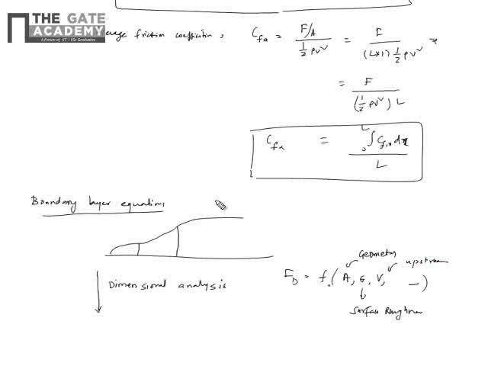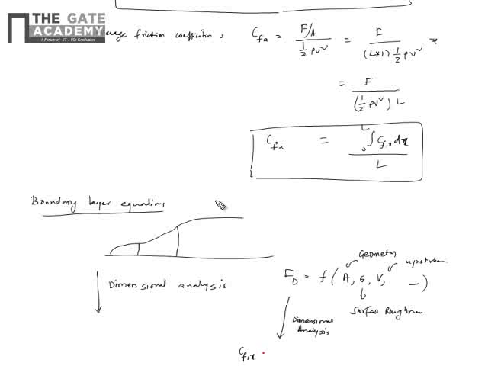On all this the drag force will depend. Because my objective is always the drag force in the boundary layer, that's why I am studying this theory. Now, when I do the dimensional analysis,